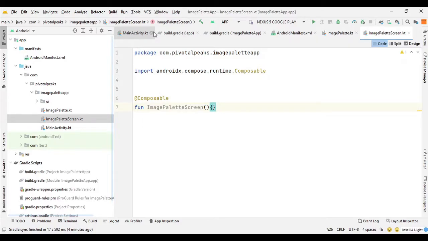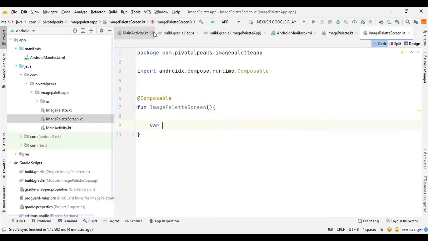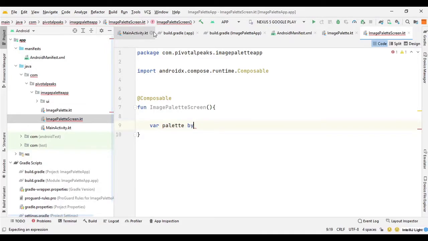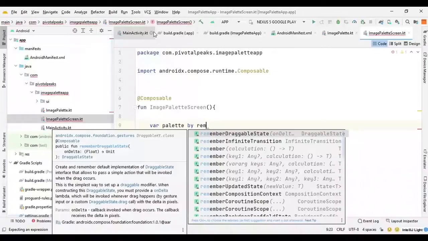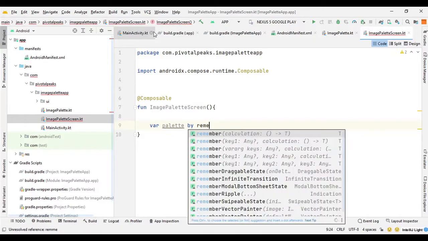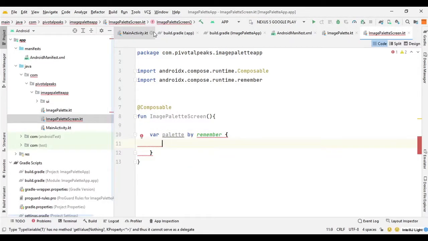So the first thing we need is a palette variable, so we can extract prominent colors from the palette class. So we can say variable palette, and we are going to use the remember function. So we can say by remember, and inside this block we can create a mutableStateOf, which returns a new mutable state initialized with the passed in value.